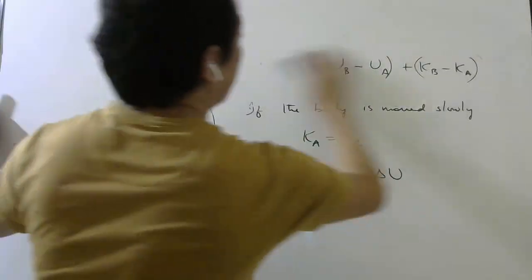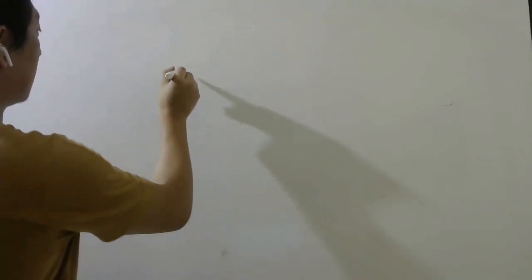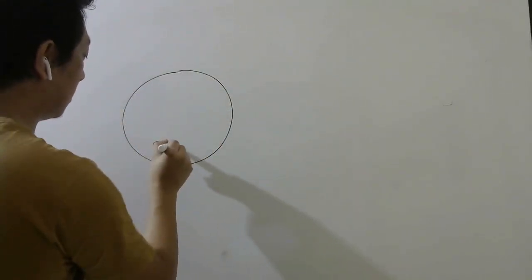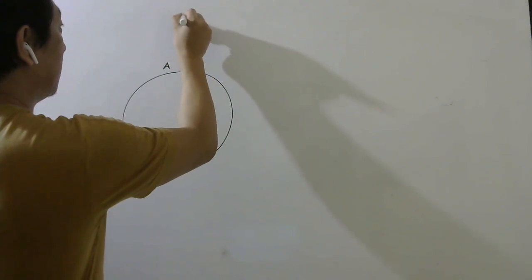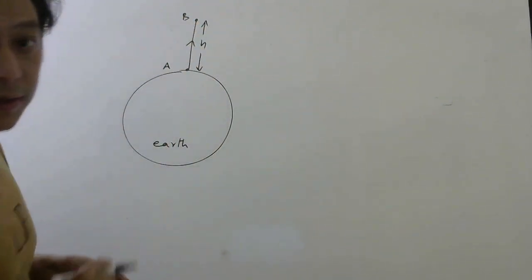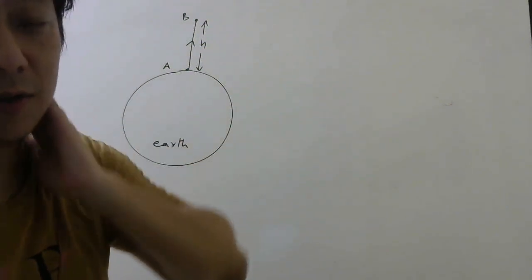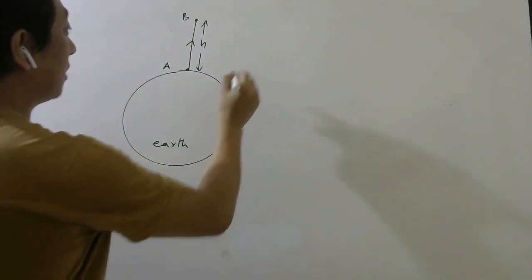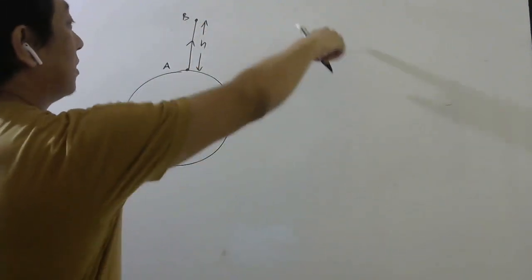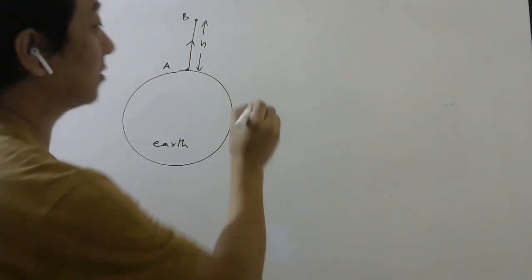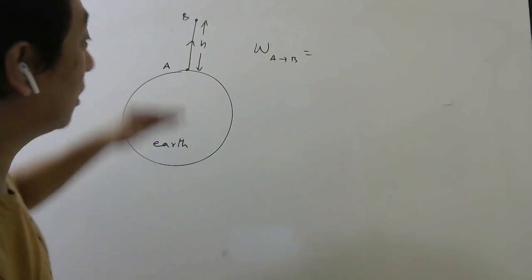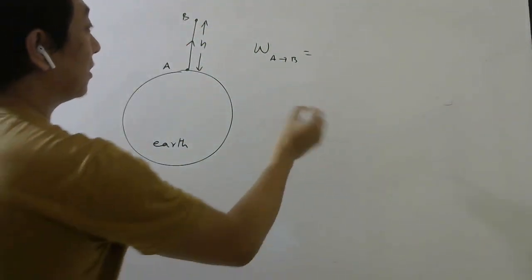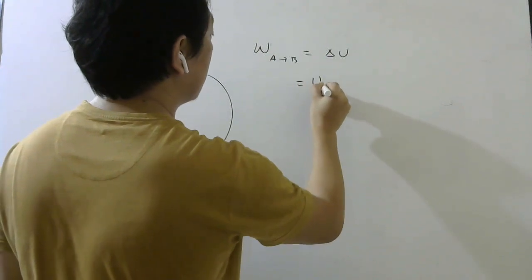Okay, so a few things based on this. Now let us say I move an object from Earth, starting from the surface till I reach some height B, and this is h. Now if h is not very small, so that you cannot consider g to be constant, then to find the work, the path is not important. I can go this way and then curve this way and then come here because it is a conservative force. So work done from A to B, if I move it slowly, or if velocities are not informed, then I can write delta U, which means UB minus UA.